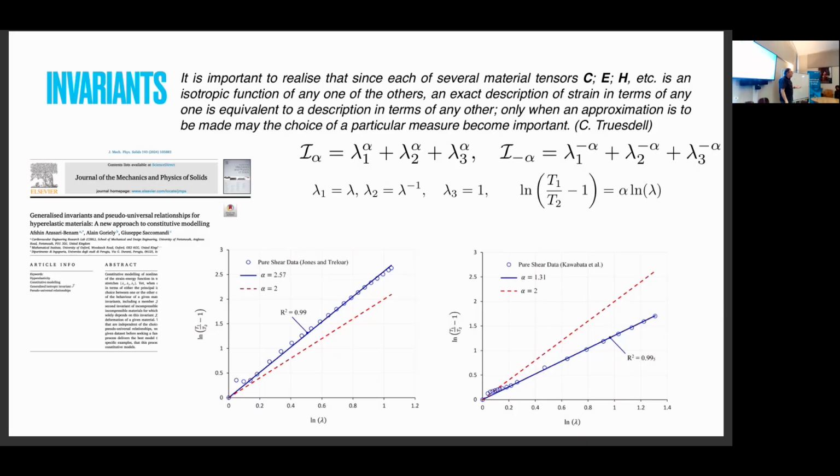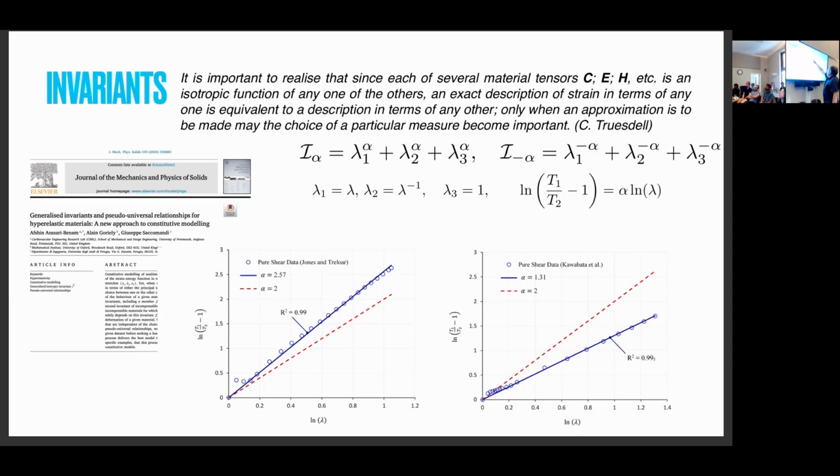And this was my belief. I said, okay, I use E1, E2, E3 because all the others are equivalent. Okay, then I forgot to read what was after that. Only when an approximation is to be made may the choice of a particular measure become important. So what we are doing now is to make a special choice of the strain energy, okay? And therefore, to use this